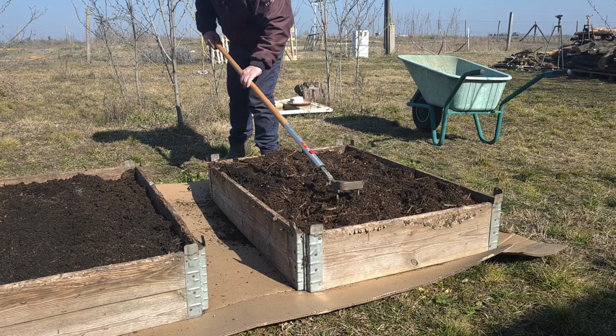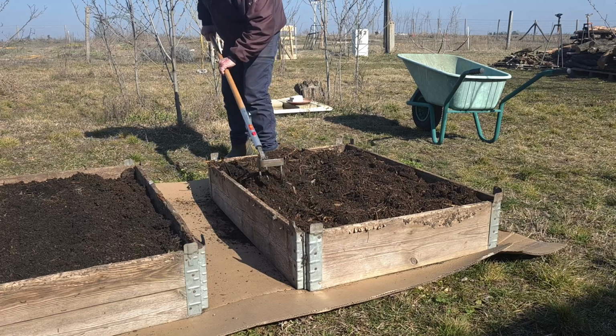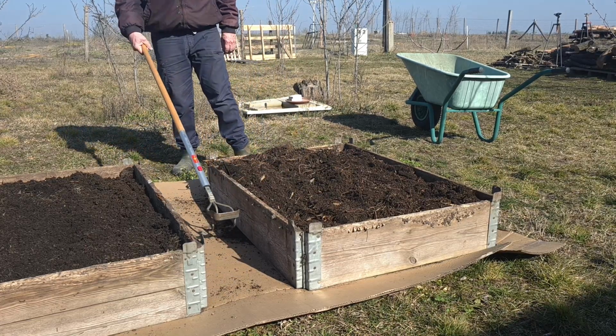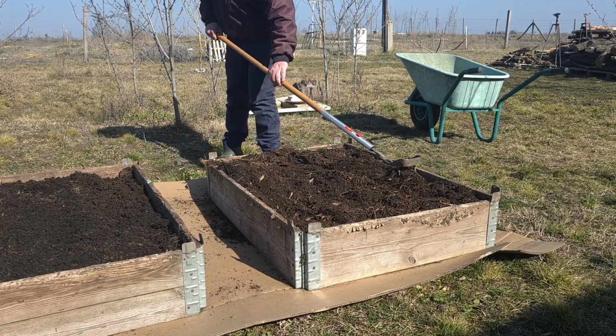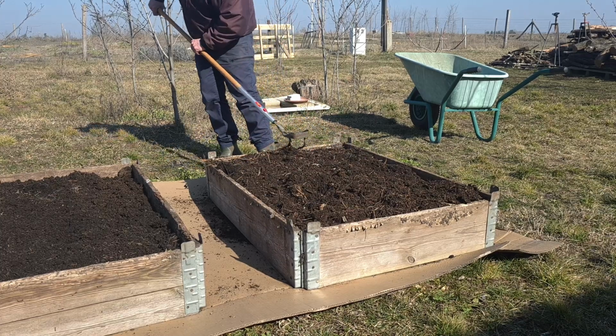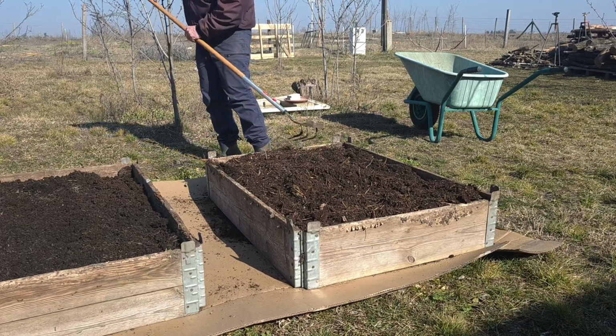And so what I've done here is, if you remember in the last video, you saw a lot of rubbish around. So cardboard on the ground, and then pallet collars on the top, and then fill it with compost. Why am I doing that, you're asking? You know what, sometimes I ask myself the same question. But